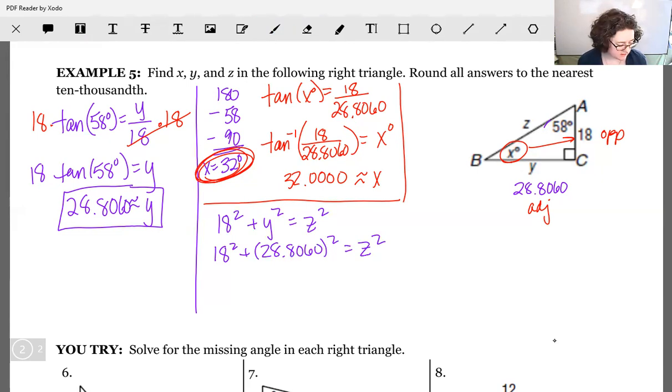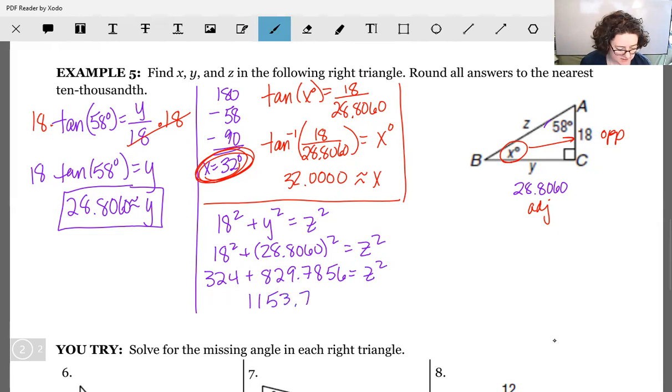And so simplify that out, 18 squared, well, that's 324. 28.8060 squared is approximately 829.7856. Put those together, we get 1,153.7856. And then taking the square root of both sides, we get that z is approximately equal to